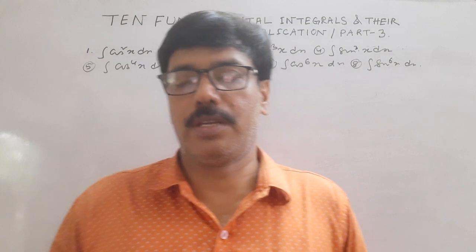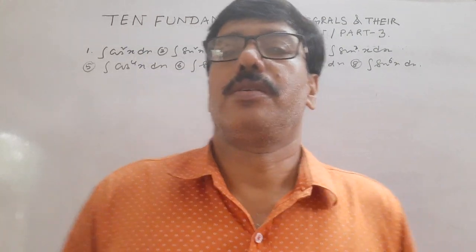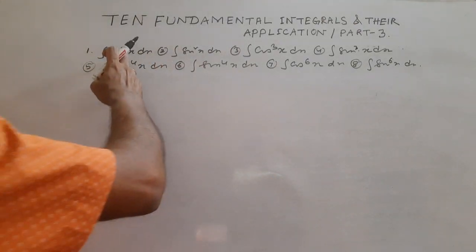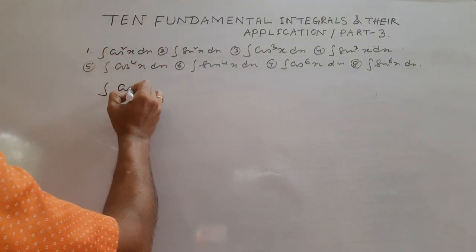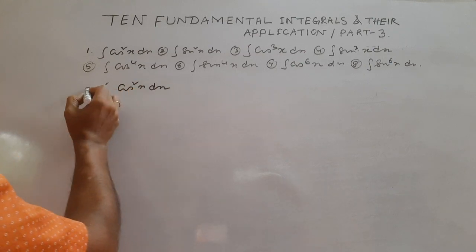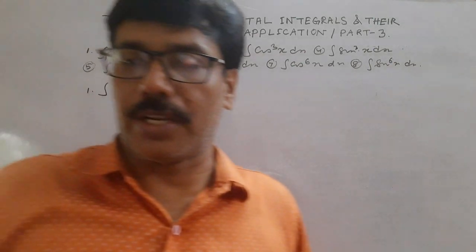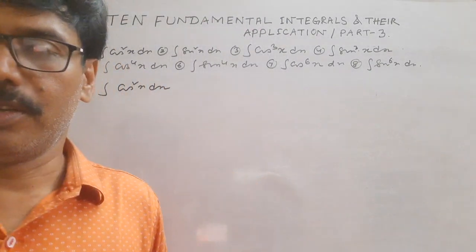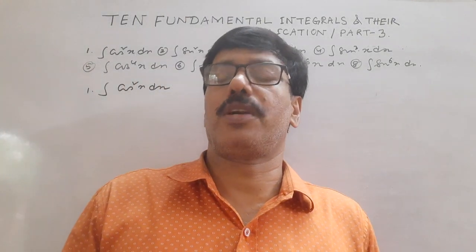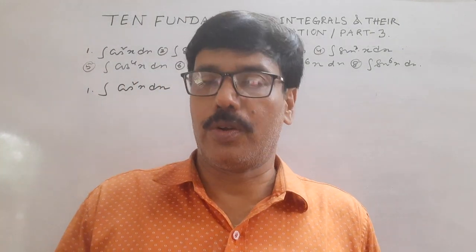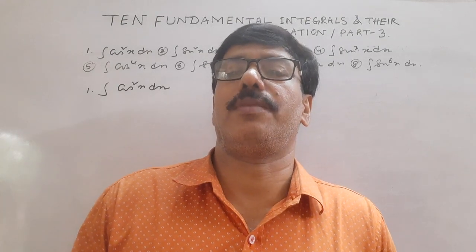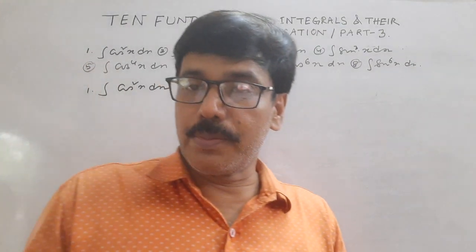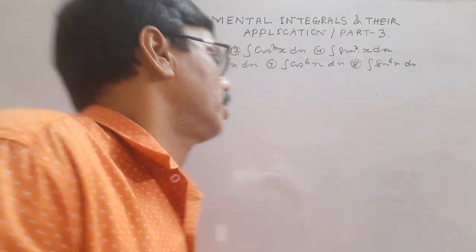Now you consider some basic problems of the same type. Now cos square x dx. Now we can integrate cos x, cos 2x, cos 3x, but not cos square x. We cannot take it as cos x to the power 2 plus 1 by 2 plus 1, because cos x is not linear algebraic. We have already stated. So what is our main aim? To express it in terms of standard integrals.